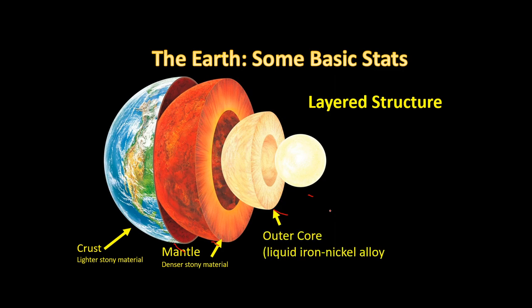The next layer below that is the outer core. And the outer core is liquid. It's the only shell of the four shells that is liquid. It is liquid iron nickel alloy. Okay, so it's about 95% iron and nickel. It's probably about 90% iron, 5% nickel, and 5% other stuff. Okay, things like silicon, sulfur, carbon, oxygen, things like that. The final layer is the inner core, which is solid iron nickel alloy. Okay, so the outer core and inner core together make up the core, which is about 1/3 of Earth's mass,